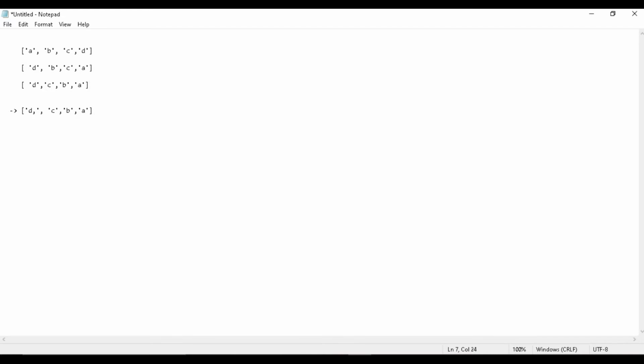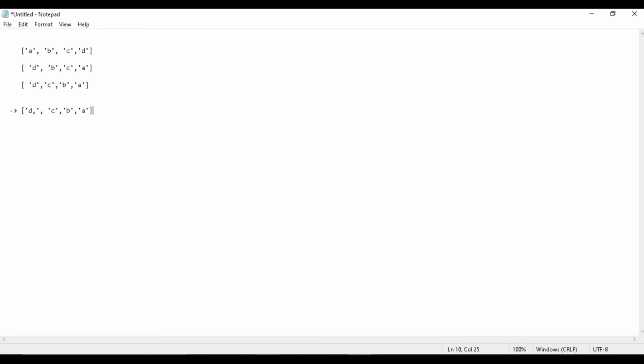So how do we solve it? We just come here to the zeroth index and the last index, and we just swap them. So we get DBCA here. Now, what I will do is come to the one index, swap the pair there, and I get the answer.